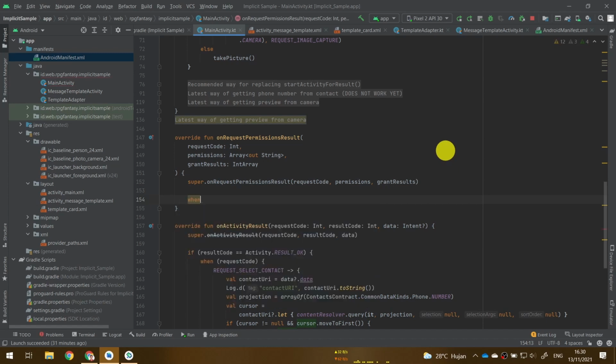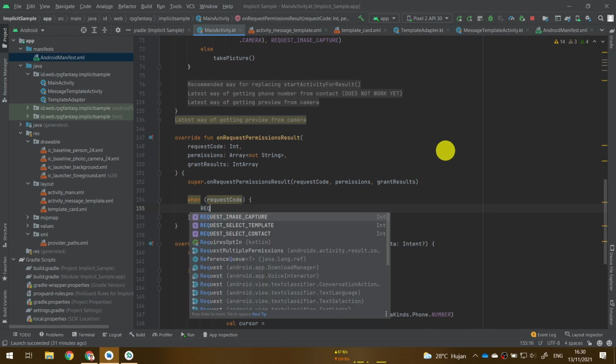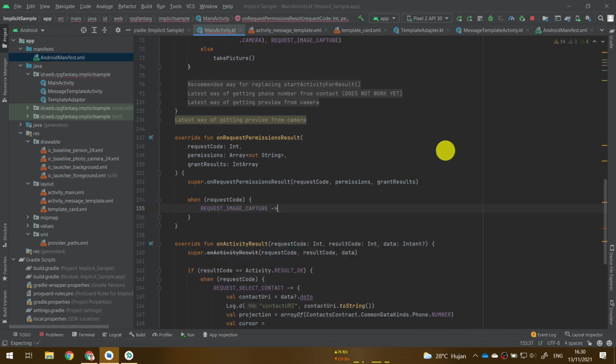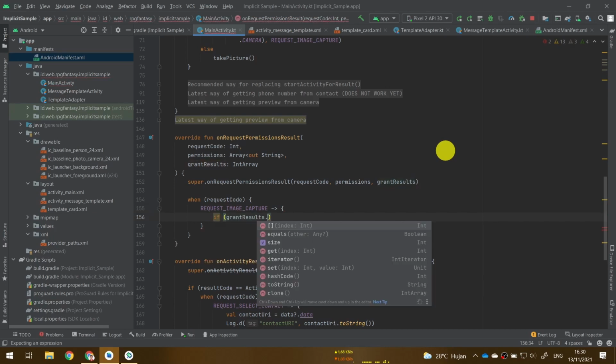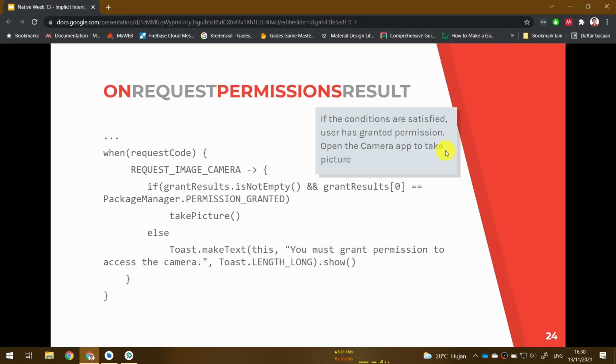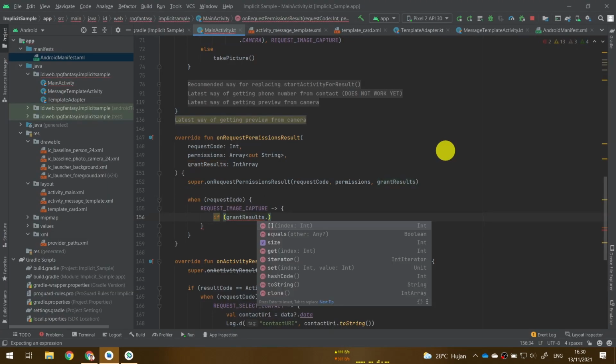I will use when. When request code is request image capture, then I will check first if the grant result is not empty.